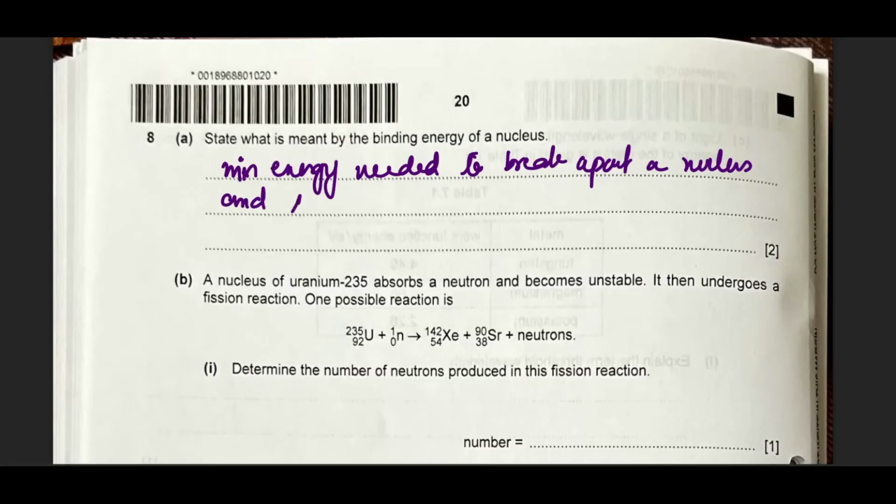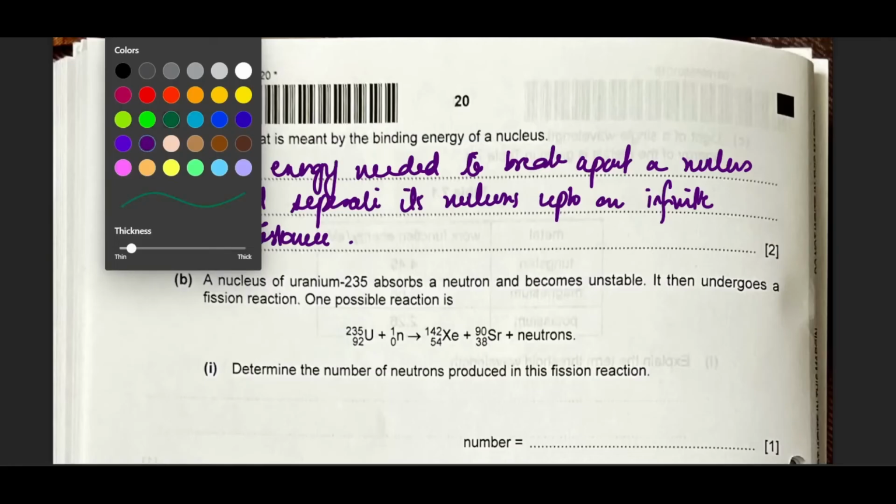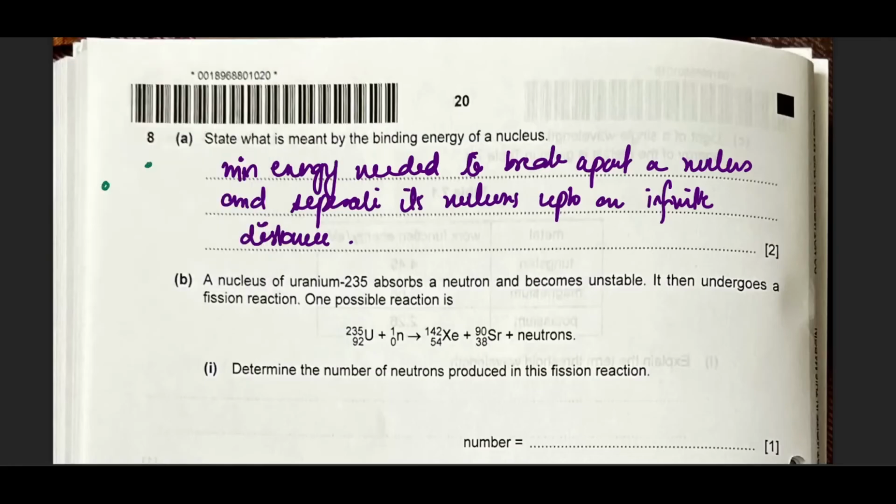And separate its nucleons up to an infinite distance. Why do we say that they have to be separated to infinite distance? Because if the nucleons come close together, we suspect that they might undergo fusion and make a nucleus